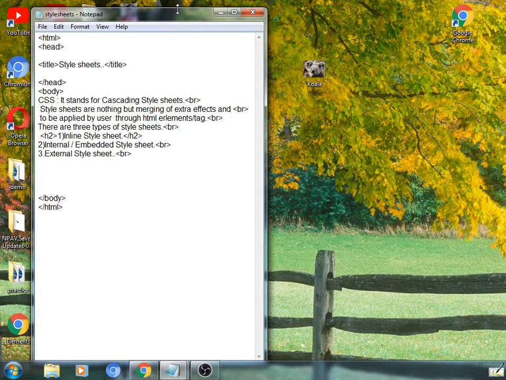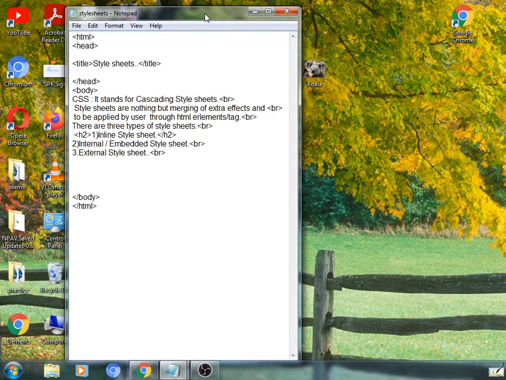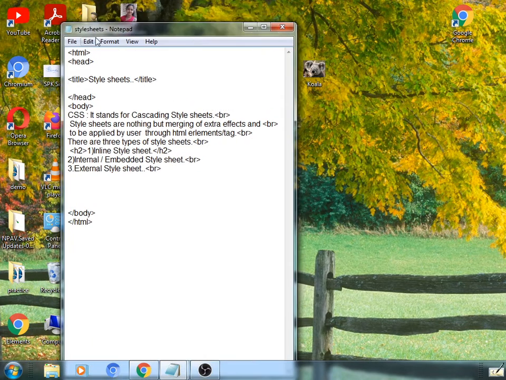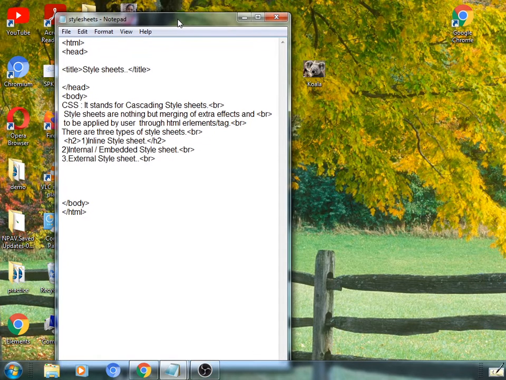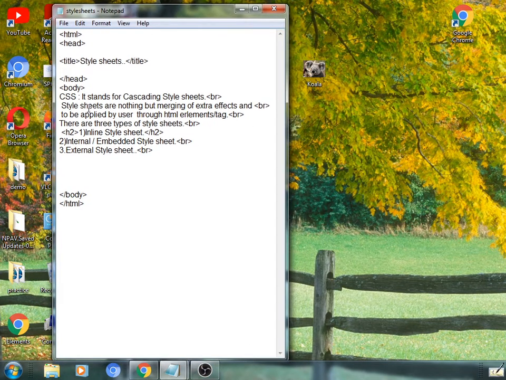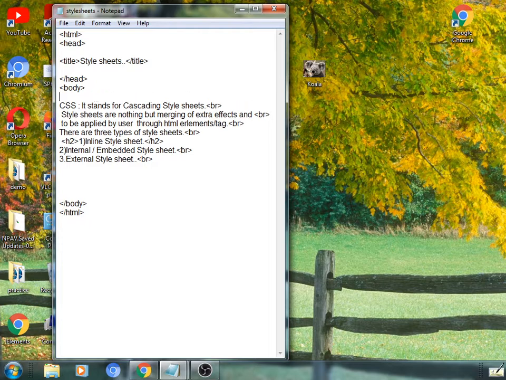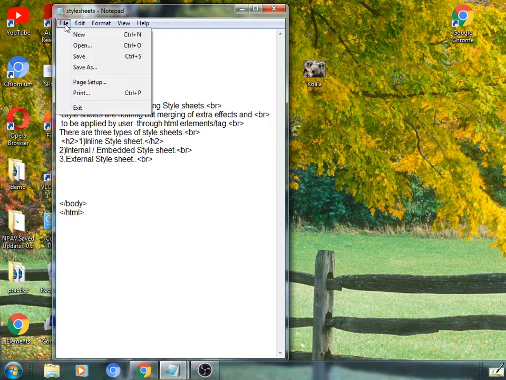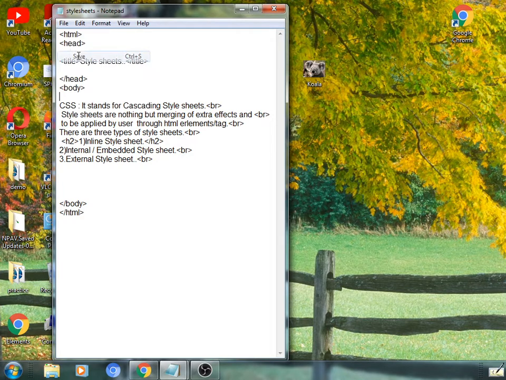So see here, we have made a single HTML file named style sheets. Some content is given within this body section. It is a simple HTML file which contains some information. In the same way this file is prepared, and we have saved this file.